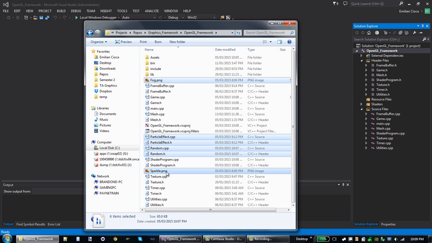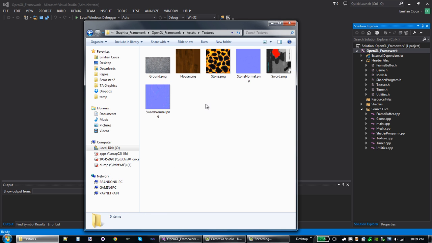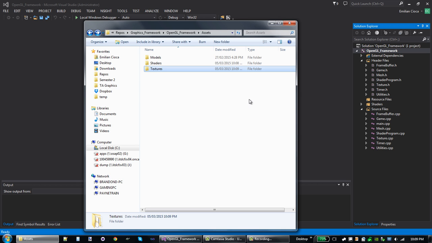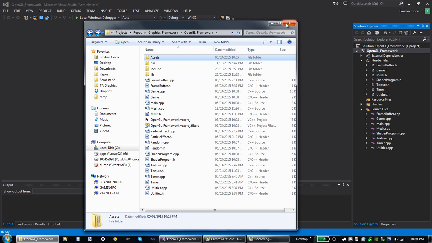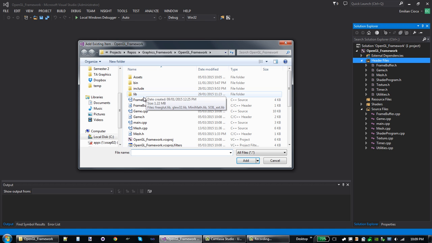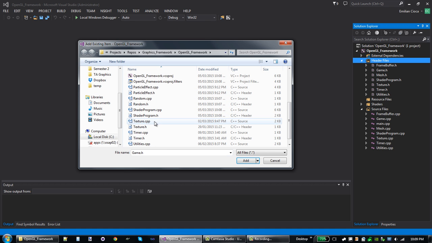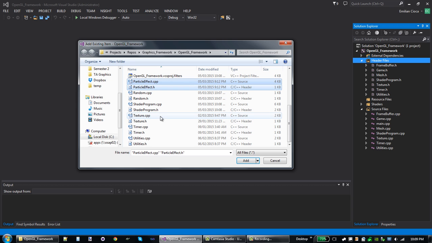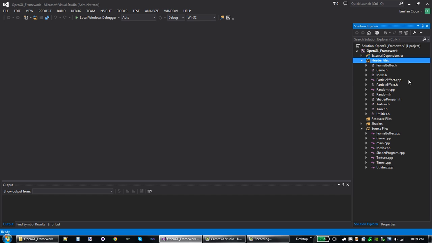Bring those into here, then we can move our textures into the actual textures folder. Now we don't need to play around with that anymore, but let's bring those files into our solution. So I'm going to add an existing item. That's going to be our particle effect as well as our random. And I can add all of them here and then just move the CPP files down to the source files